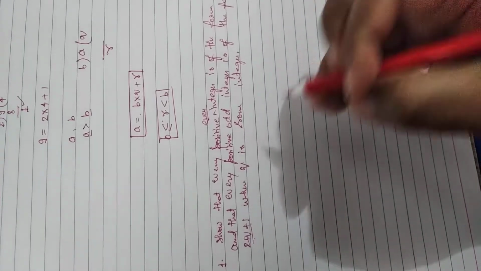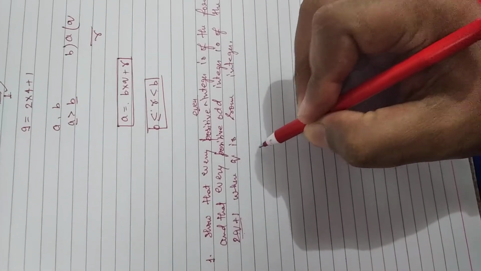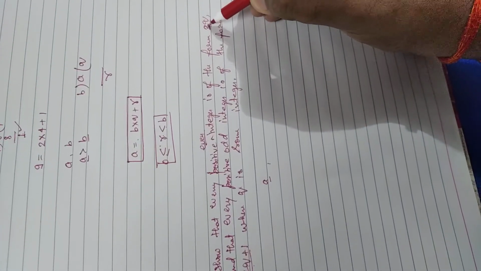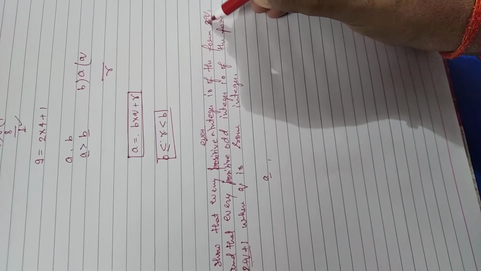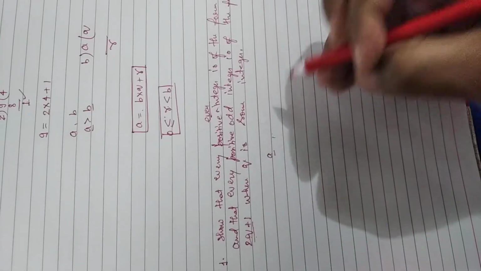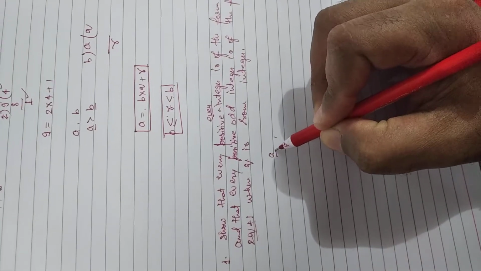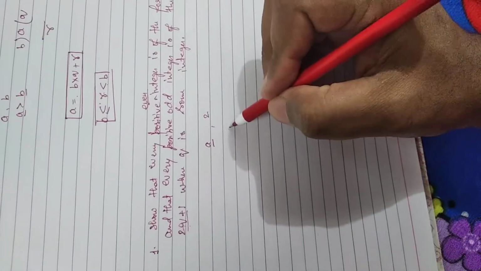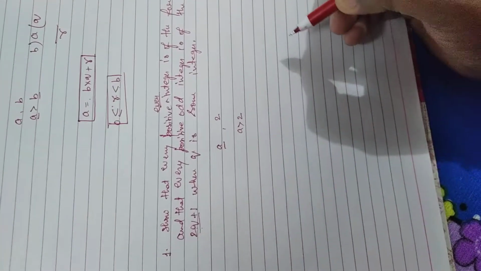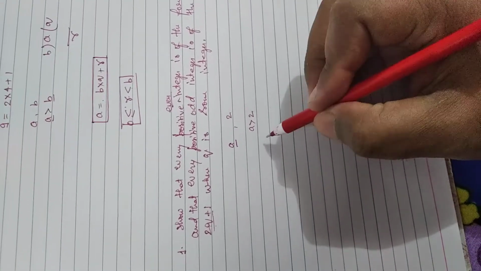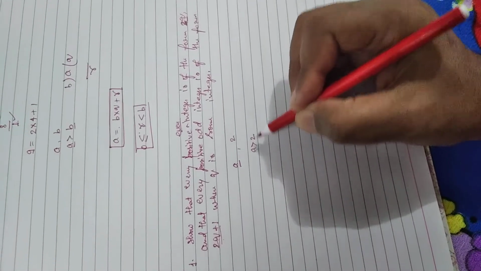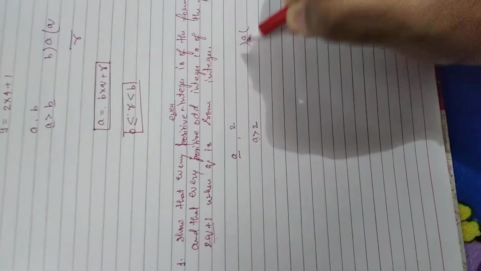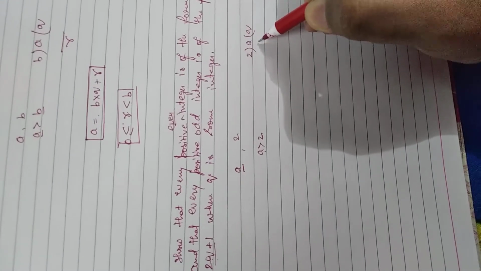So firstly we should take a, and the second integer we should take 2, because it is clearly mentioned here that this is in the form of 2q or 2q plus 1. So we take the first integer as a and the second integer as 2, and a is greater than 2. Clear? Now suppose that you are dividing this a by 2 and your quotient is q and remainder is